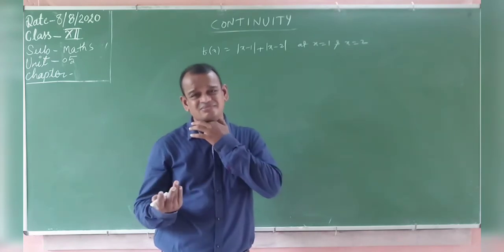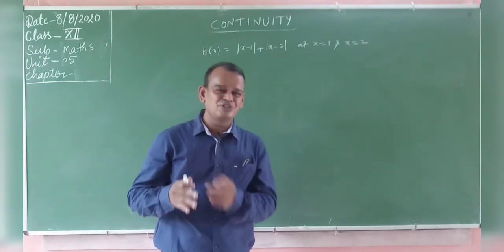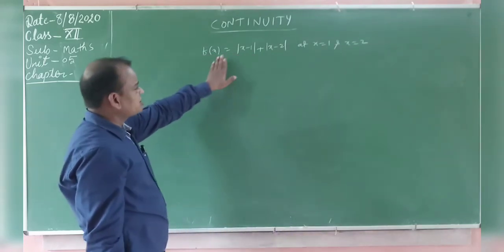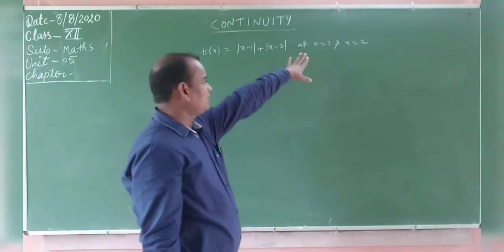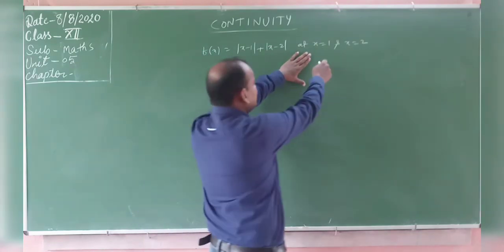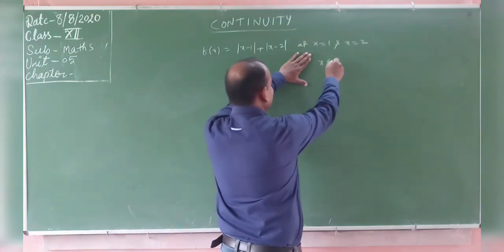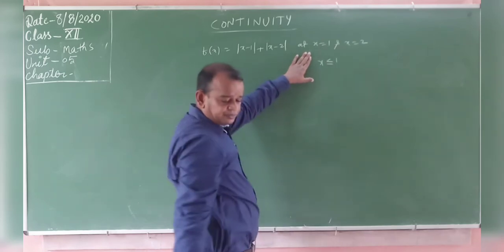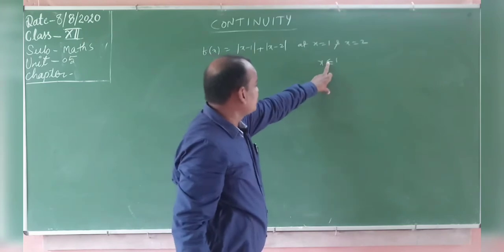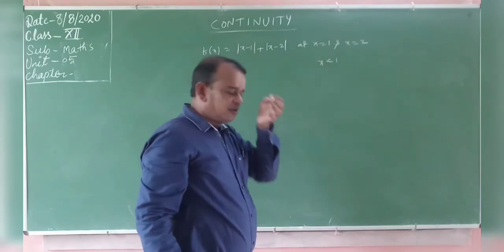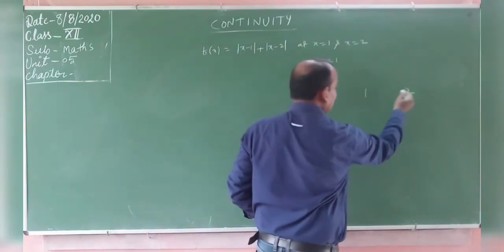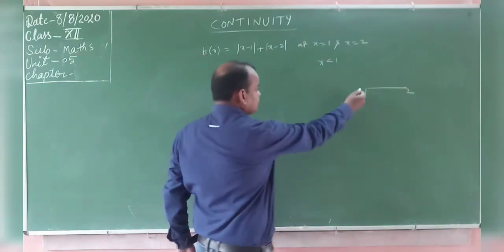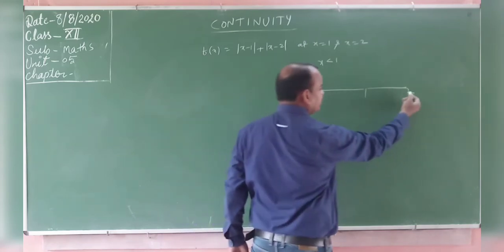Otherwise, there is confusion about which one is positive and which one is negative. Now define this function in between 1 and 2. First x less than or equal to 1, x less than 1. Listen carefully. 1 and 2 are given. First we can take the values that lie before and after.